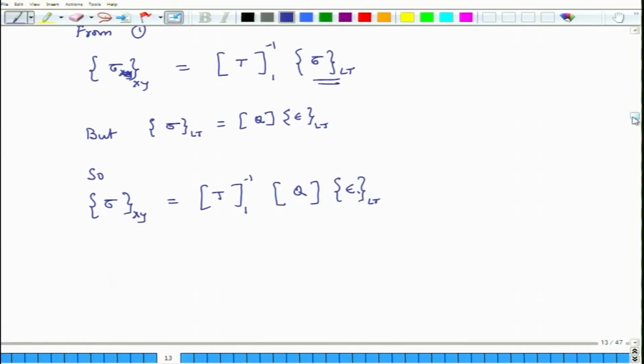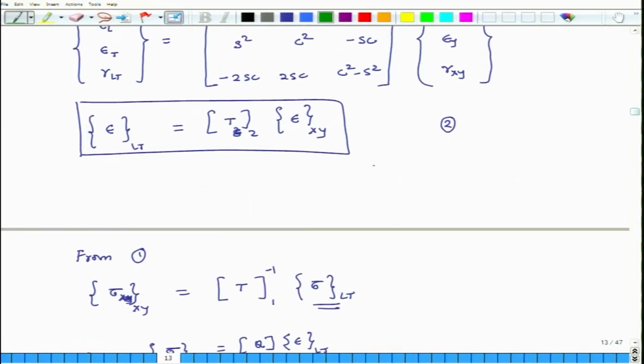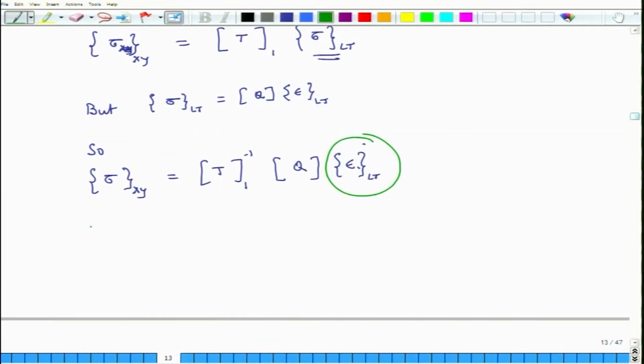Okay. Now, what we do is we replace this epsilon LT with equation 2. So, here I am expressing epsilon LT in terms of epsilon xy. So, using 2 we get